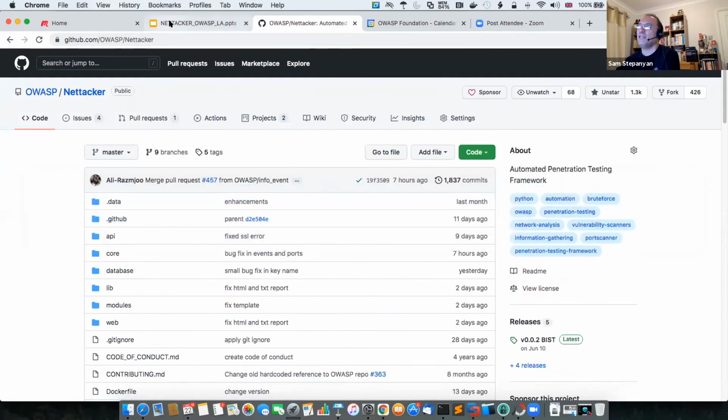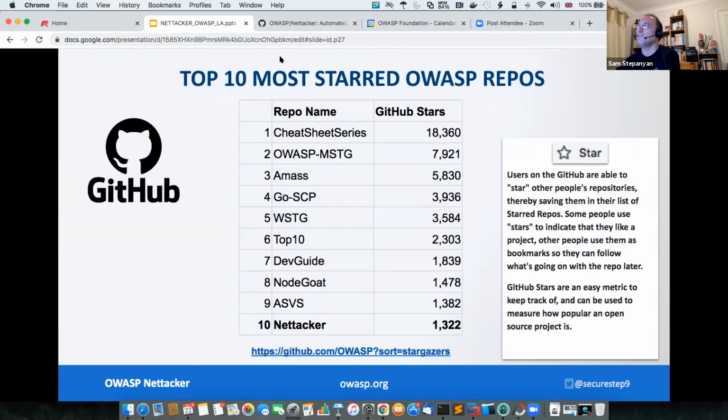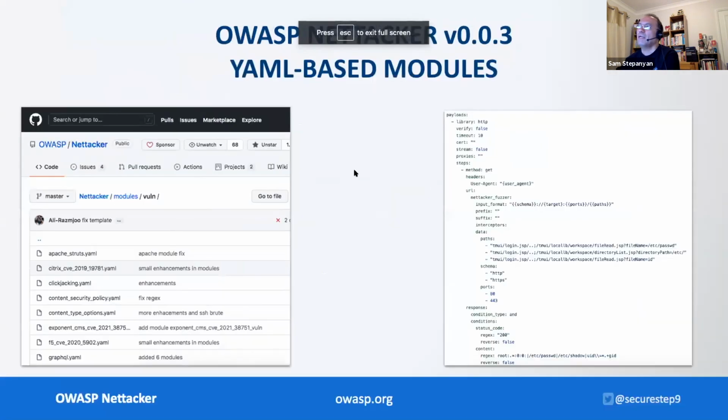Another important thing, as you can see, is that the version number is different on GitHub. We have a brand new version called 0.0.3, and that's been totally re-architected. So instead of using Python modules, we're now using YAML. And the YAML module looks like this. Basically, the YAML file contains a definition of the module and contains payloads. So you can define which library to use, the HTTP or socket library, what to send to the target,